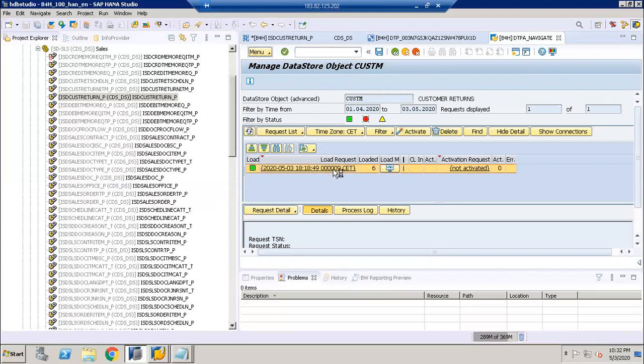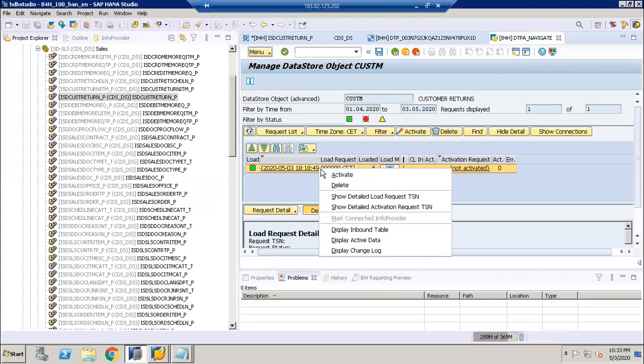Just select it and right click on it. Right click, display inbound table, because the request has not been activated so far, right? So display.